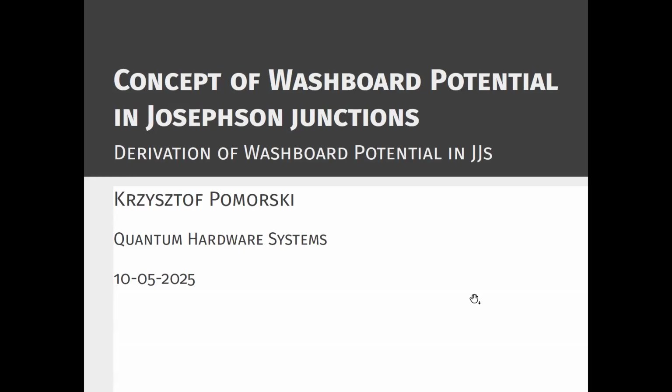Okay, so let me start. Today's title is Concept of Washboard Potential in Josephson Junctions, and this will be the derivation of washboard potential in Josephson Junctions. That's the next lecture, which comes after the last lecture, where we have seen certain solutions of the RCSJ model